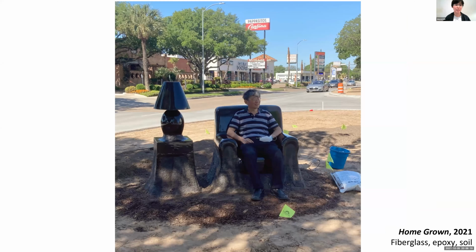So then here's just my dad for scale. This is the installation site while we were putting it in. It's installed in a road median between two busy roads, and they were still working on the landscaping at the time that we installed it. But anyways,